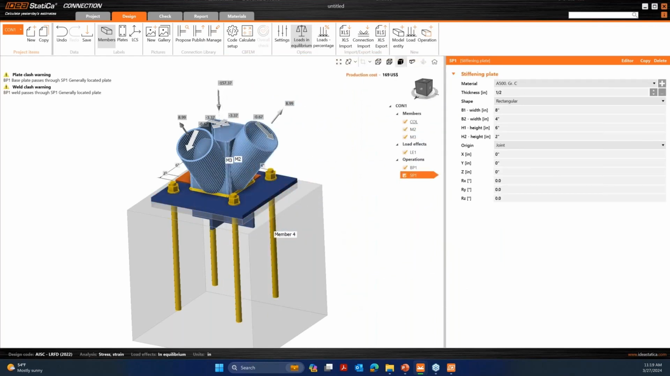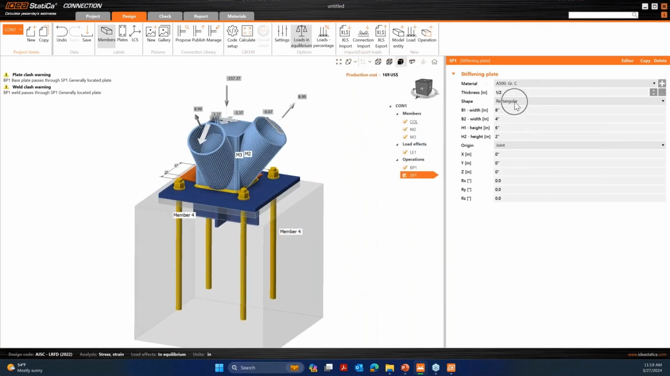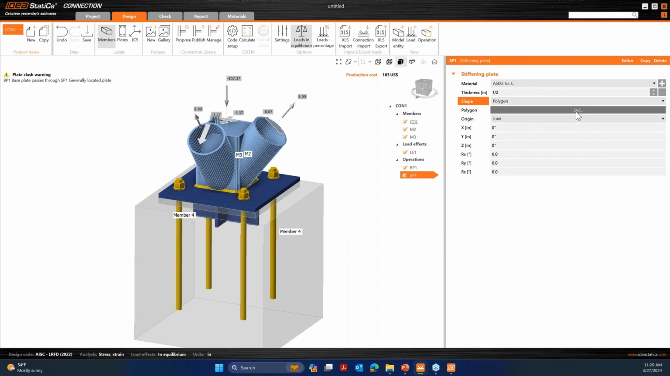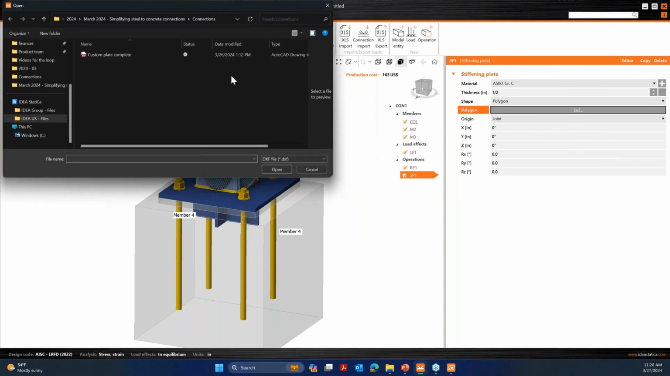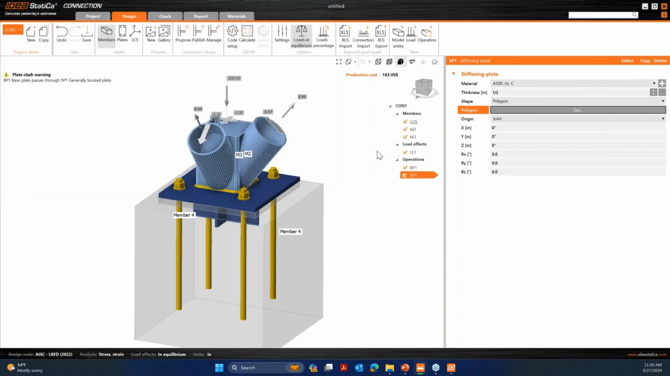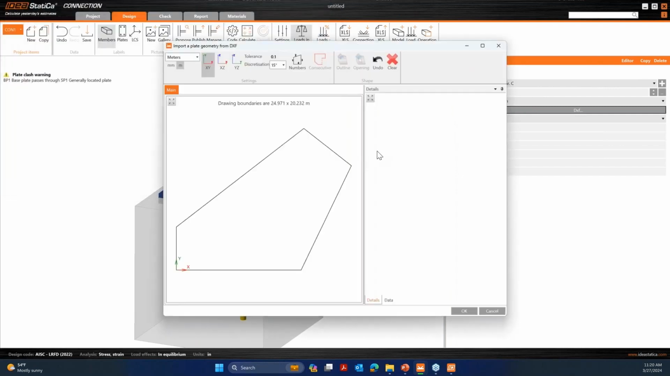So here within the stiffening plate operation, for the shape, aside from regular or circular, you can use the polygon option. With the polygon option, this is where you will see the DXF option. All you have to do is click on it. You will be redirected to select the file that you have created for your plate. You'll just open it, and a new window will be shown where you can outline this geometry and import it